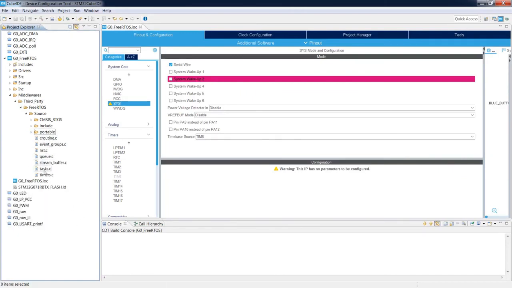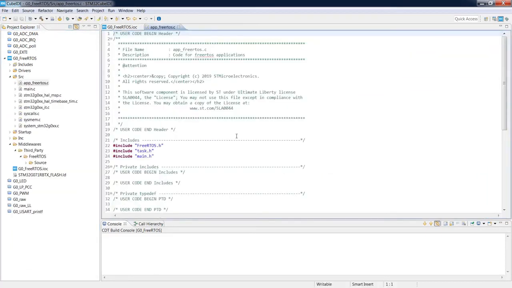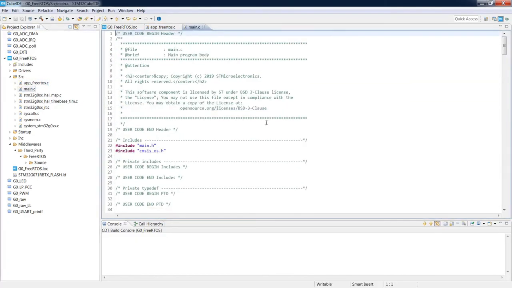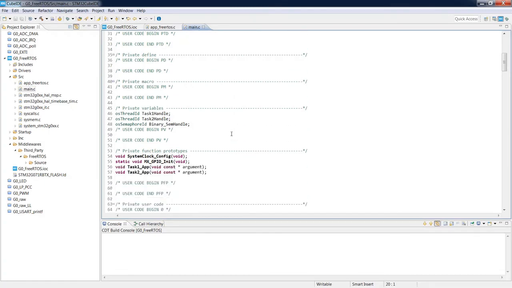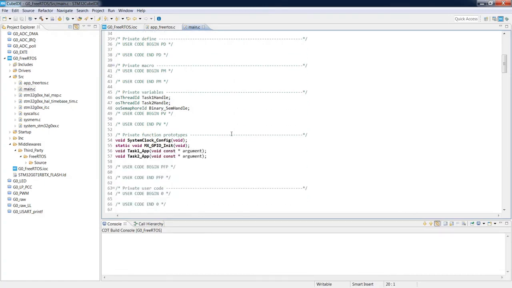All of the modifications of the code which we will do should be done within one of two files. The first one is app_freertos and the other is the main.c file. If we go into the main.c file, we can see it is a standard CubeIDE or CubeMX generated file with some add-ons related to the used operating system.